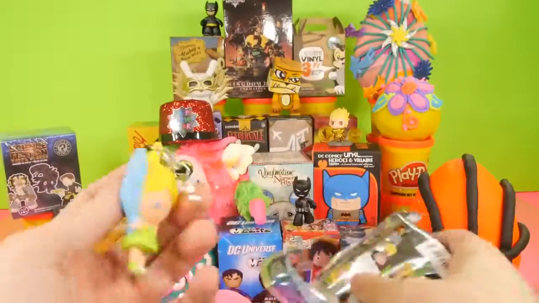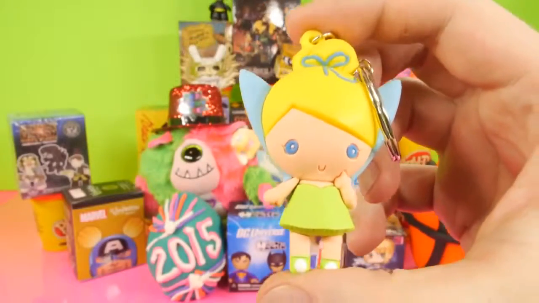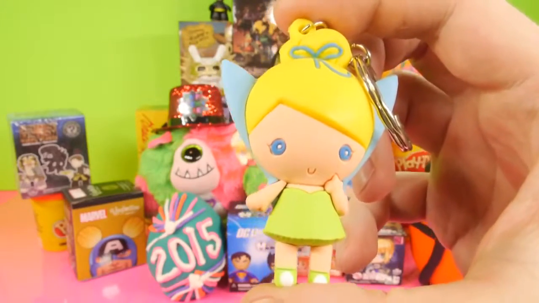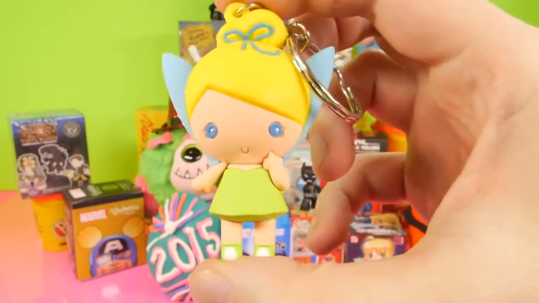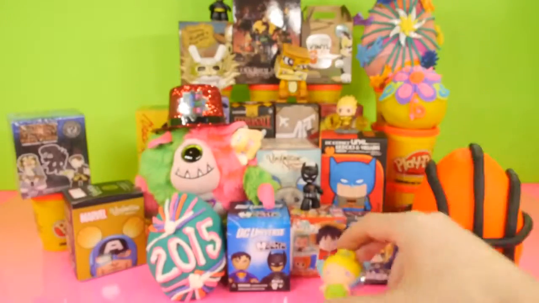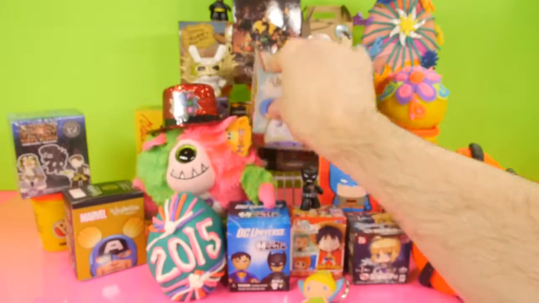And for this one, we did get a new one. We got Tinkerbell. And we're actually still missing a few from the series. We haven't gotten Aurora, Cinderella, Mickey Mouse, or Jasmine yet. So those are going to be the four that we're still trying to collect. But that's a pretty nice figure. I like that one. We'll set that down,